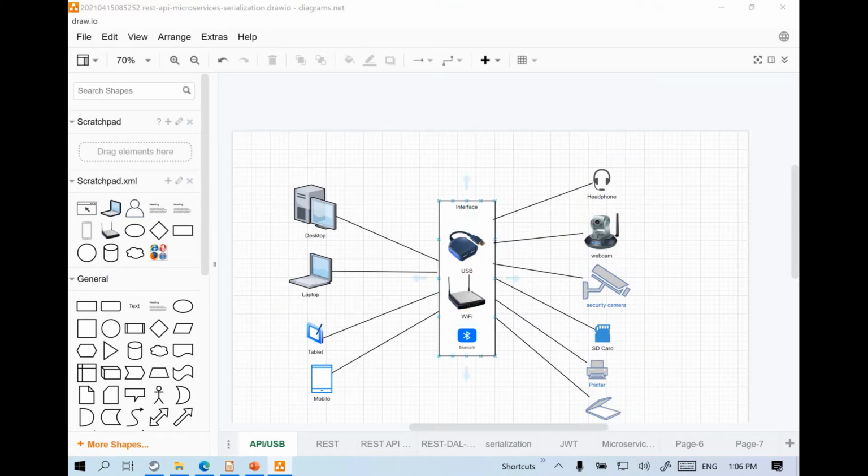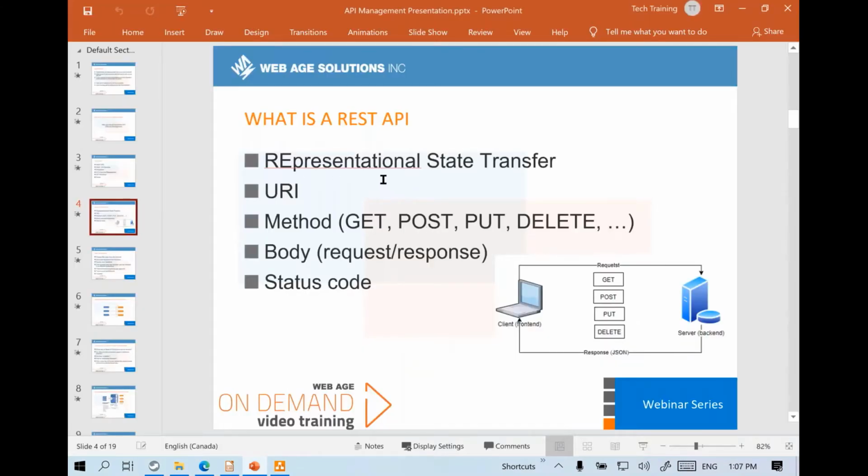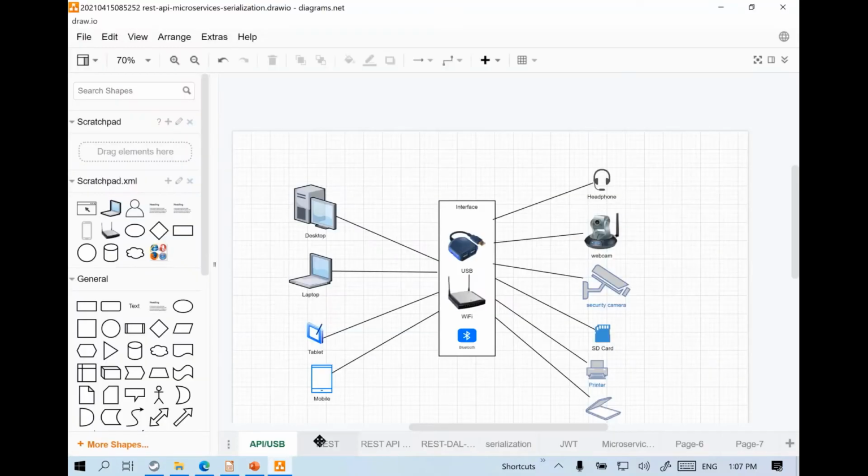So likewise, in programming world, we get to use REST APIs these days. They act as interfaces, so we can connect our front end to our back end. Or it doesn't always have to be the front end. It could be one back end connecting to another back end. Like you can have n-tier architecture in place as well. So basically, let me show you this diagram as well.